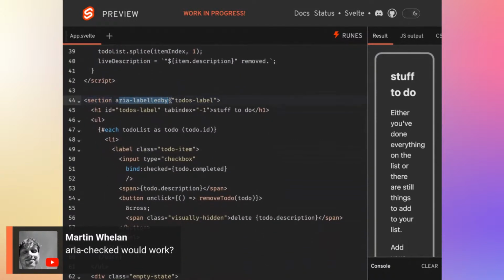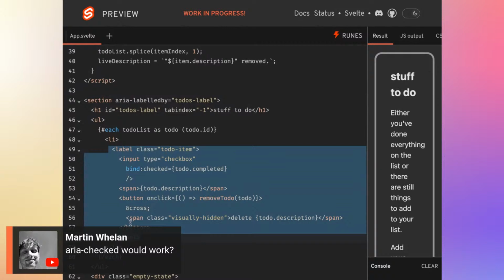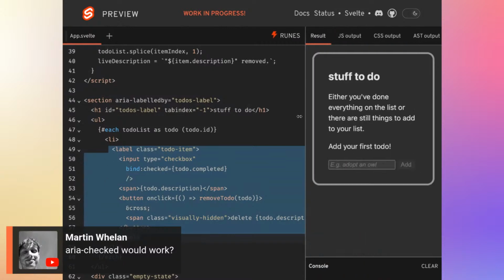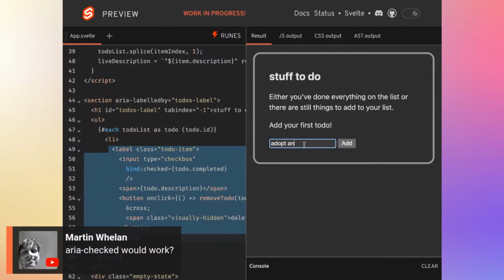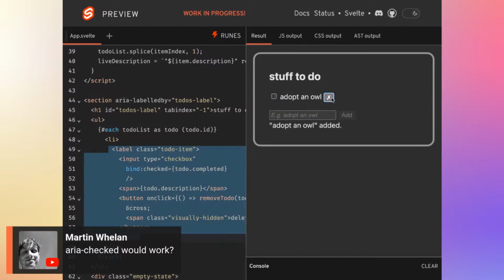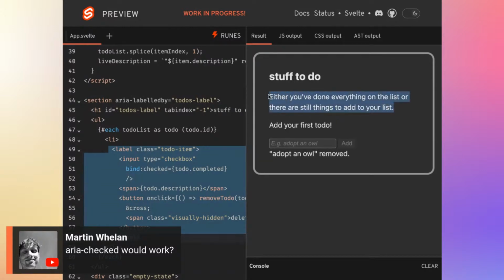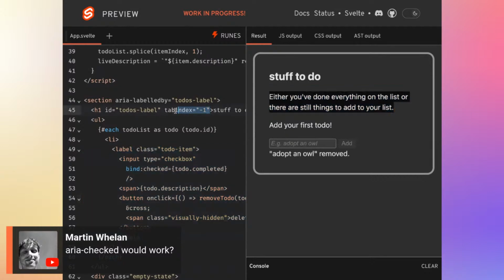So there's aria-labelledby. What tabindex -1 does is, when you destroy the to-do item by clicking the X, and when this button is pressed, obviously it was focused on this button before, but now you've destroyed it and it no longer exists on the list. So what tabindex -1 does is, okay, the list is now gone because you destroyed the last item on the list. So where should I go next for the tab focus? And the answer is